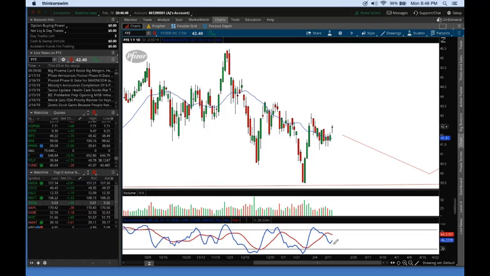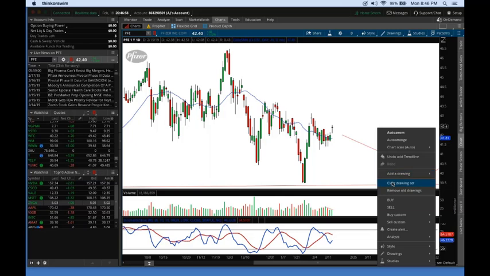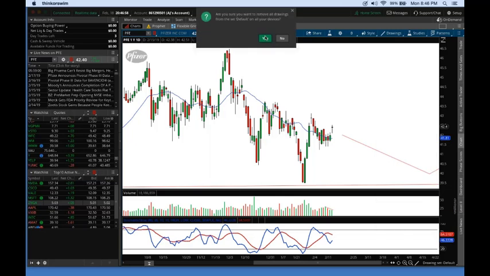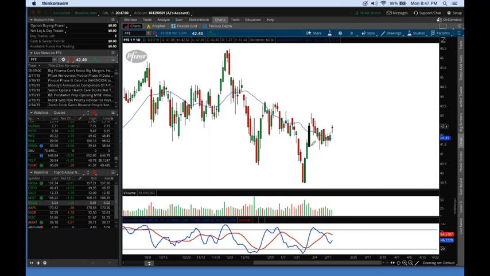So here's what I would suggest you do. Erase all lines. I'm going to erase all lines here. Clear the whole drawing set. I'm going to draw a support level right here at that low. If a doji is a sign of a pivot point, and we do get a pivot point, it'll probably drop, right? Anywhere in this area, right between 41.5 and 42, I think would be a great entry point, especially if